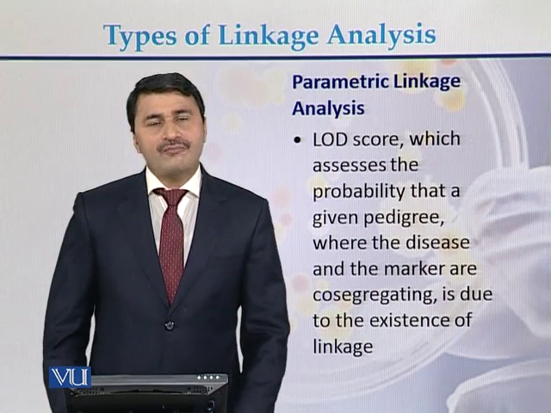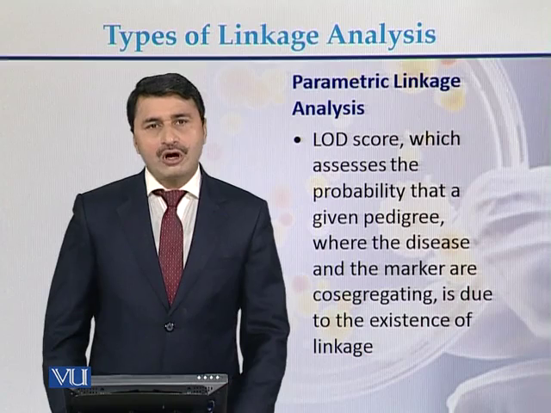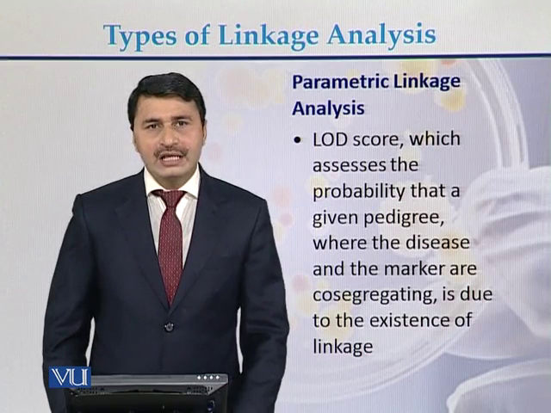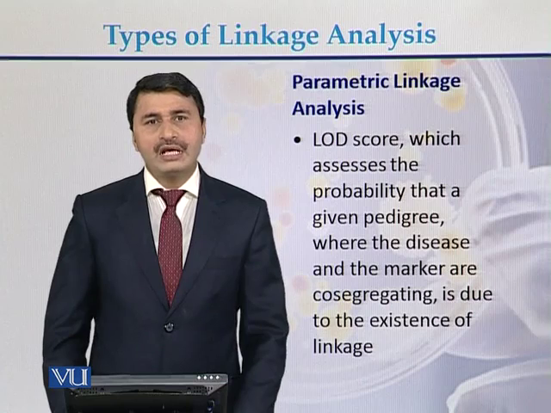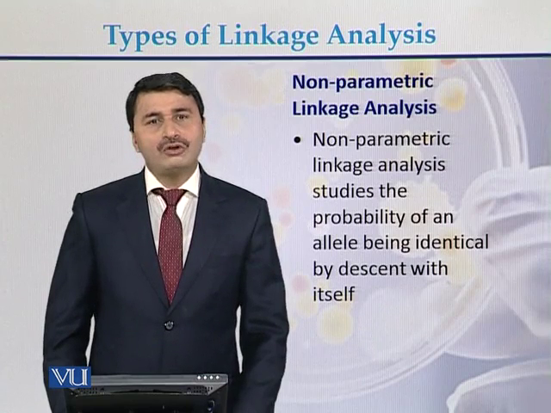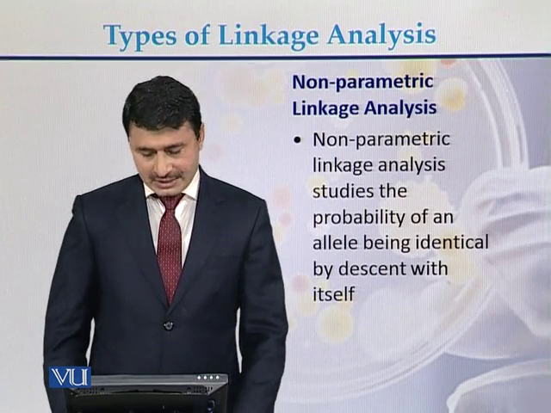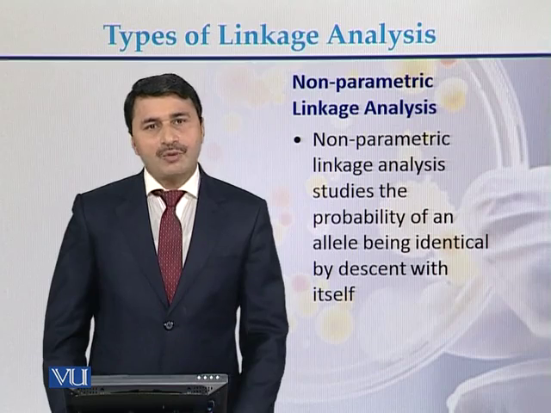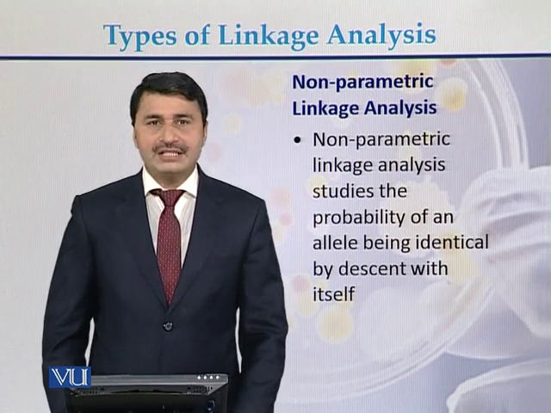Usually in the case of parametric linkage analysis, the LOD score is calculated. The LOD score tells whether the phenotype and the markers are tightly linked. If there is a higher LOD score, then there is a high probability that there is a gene for a particular phenotype. While in the case of non-parametric linkage analysis, it studies the probability of an allele being identical by descent